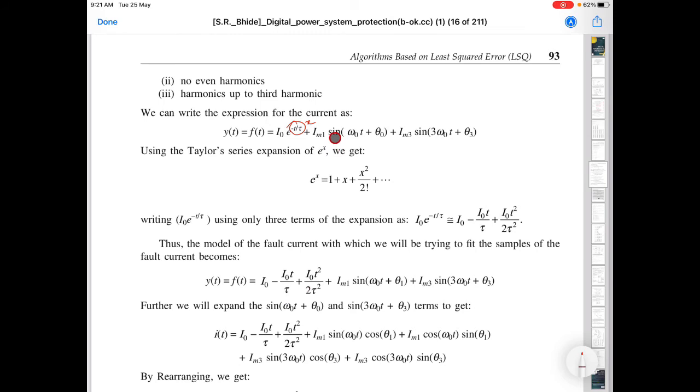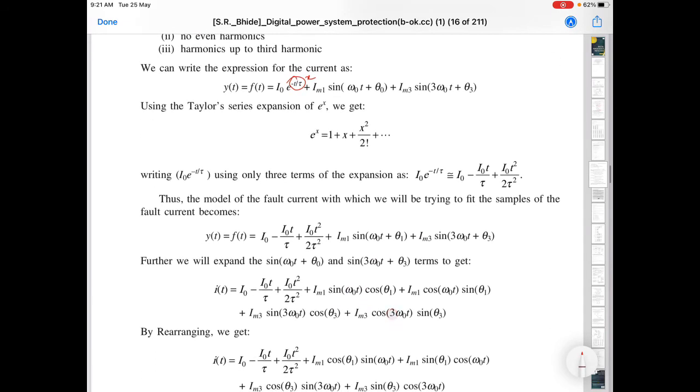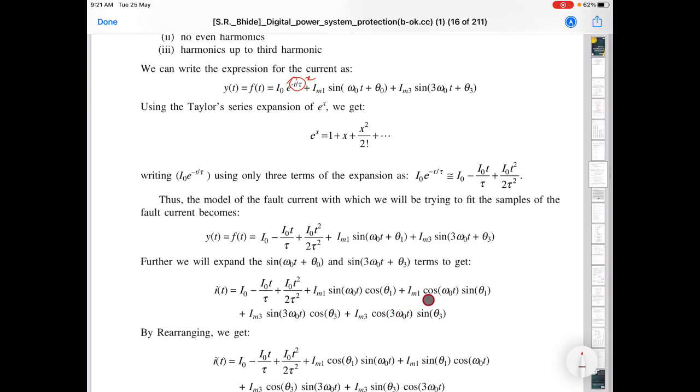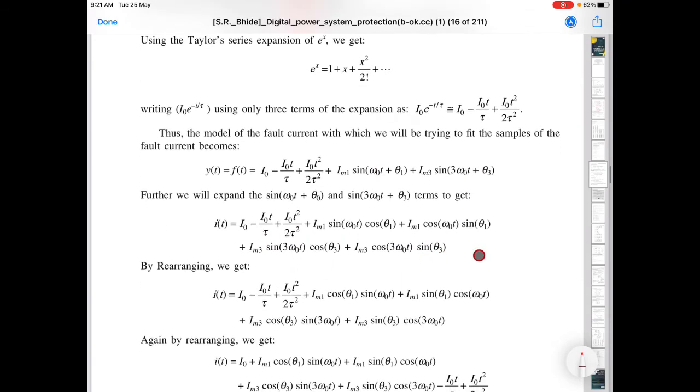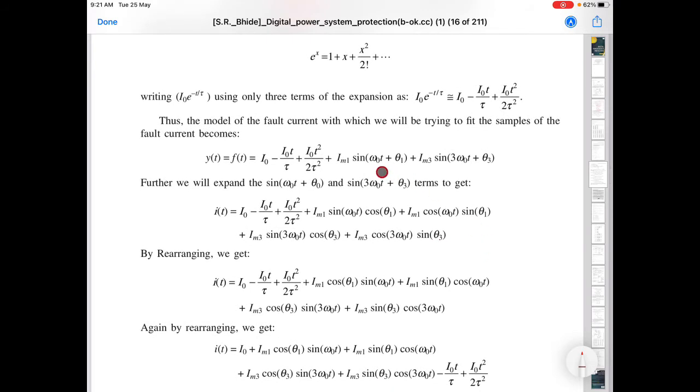Now this is sin a plus b formula. Okay, sin a plus b, this is written as it is, whatever is here. Now sin a plus b formula is sin a into cos b, correct, and next is cos a into sin b. That formula is written for first fundamental and third harmonic. Okay, hope this equation is also clear to you. Just they have substituted the formula of sin a plus b for both the terms.